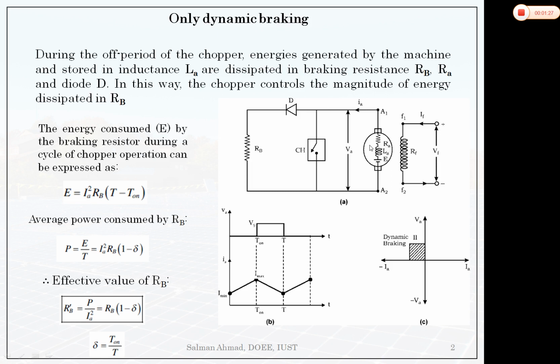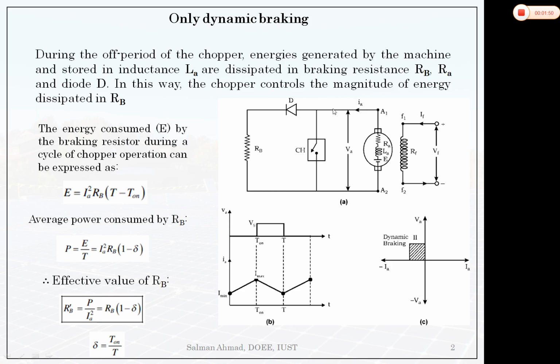Okay, so the current IA will increase linearly. Whenever the inductor is getting charged, the current will increase linearly. Okay, so this current I is increasing from I minimum to I maximum whenever this chopper is turned on. Okay, if we turn off this chopper,